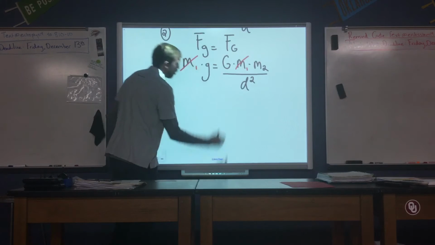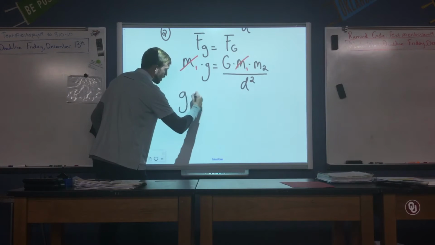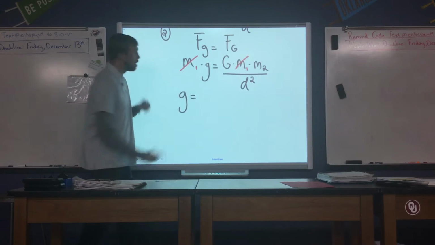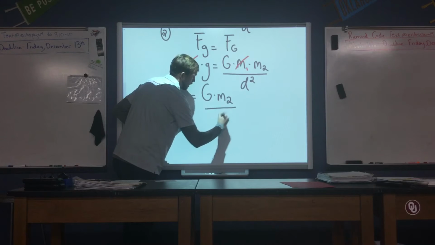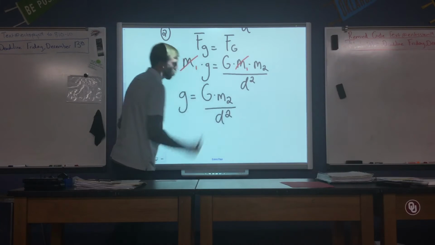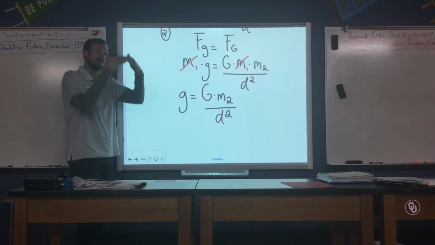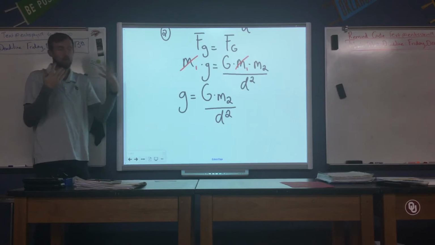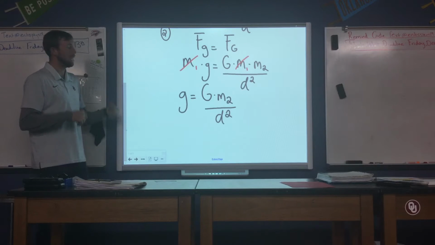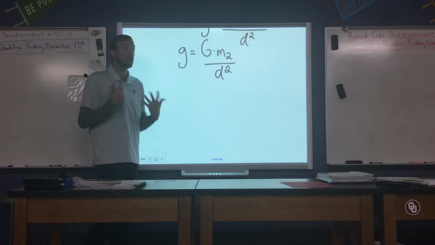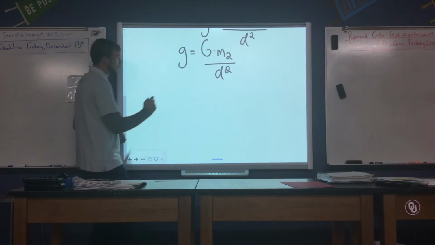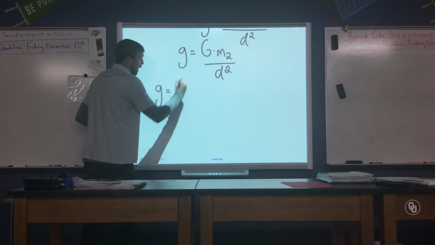So then we'll have an equation for our local acceleration due to gravity, little g, which is our constant, G, times m2, which is the mass of our planet, divided by d squared, where d is the distance from the center of the planet to the surface, or its radius. So now we actually have a proof of our equation, and we can then use our equation, something that we've done in class. So little g is equal to our constant,